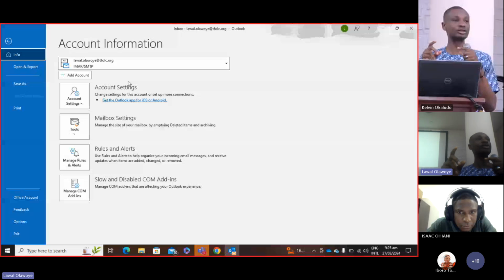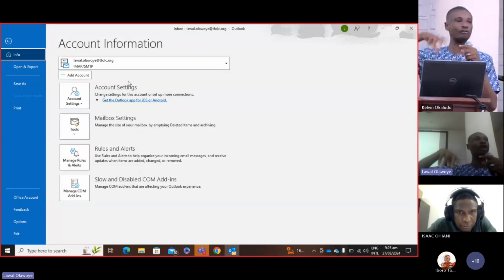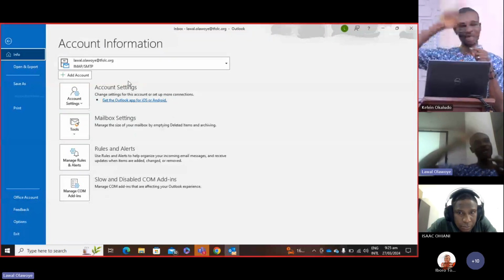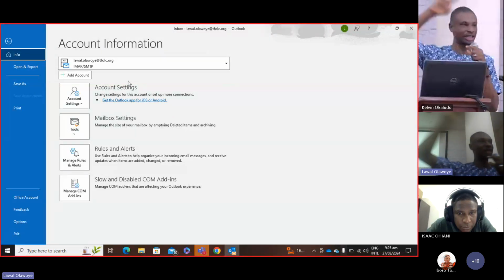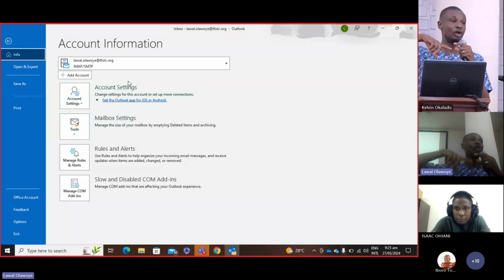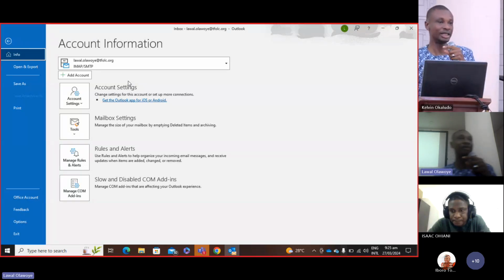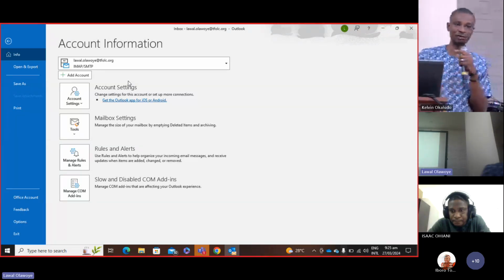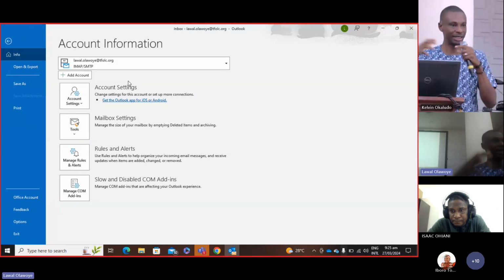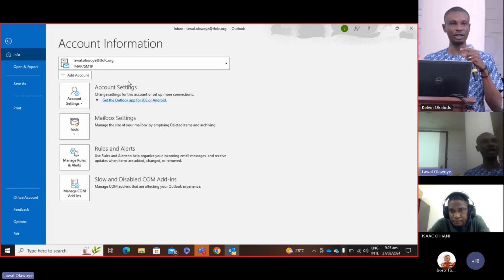For those of us who have an Office 365 account, your Office 365 username and password is your license to that account because the church has already paid for that license. Meaning, if you have Office 365 installed on your desktop, you will definitely have access to things like Microsoft Word, Excel, PowerPoint, Outlook, because they all come together. They are a bundle of applications that come with your